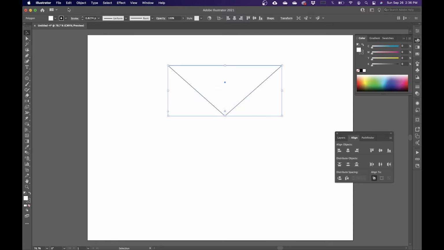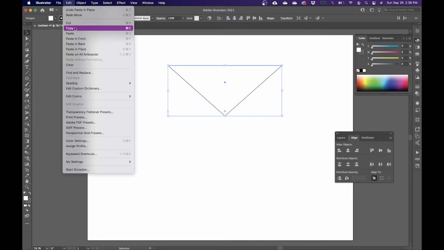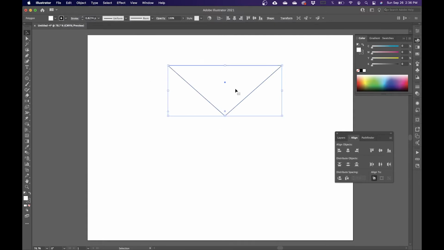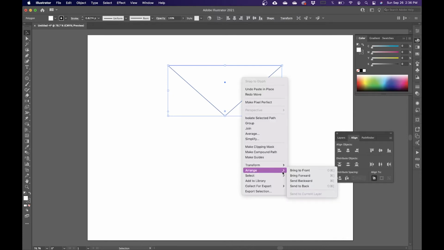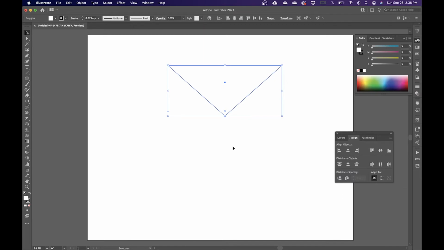Another way to do that is to just go to Edit, Copy, and then just paste in place. So I'm just going to select this top triangle here, and I'm just going to right click, Arrange, Send to Back,